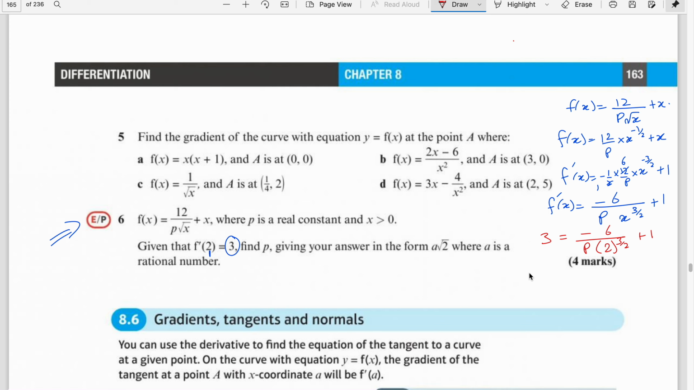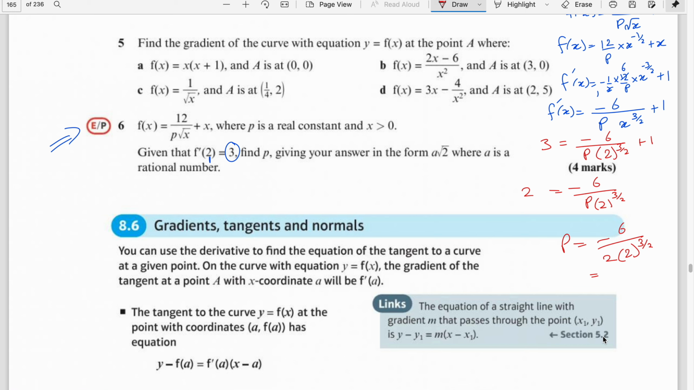So gradient 3 is negative 6 over p times 2 to the power 3 by 2, plus 1. Bringing this 1 to the other side, that is 2 is equal to negative 6 over p times 2 to the power 3 by 2. If I just bring 2 to the other side, that would be p is equal to negative 6 over 2 into 2 to the power 3 by 2. Either we use indices to simplify first, or just make use of your calculator. So that's negative 6 over 2 times 2 raised to the power 3 by 2,